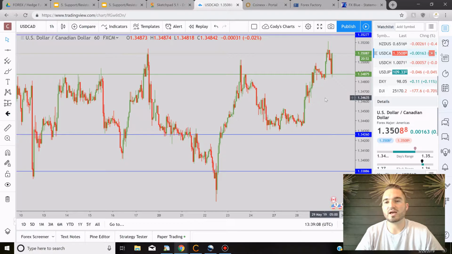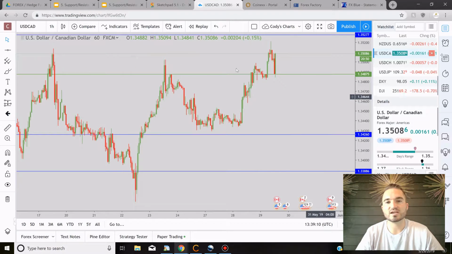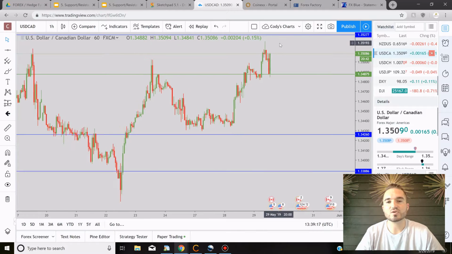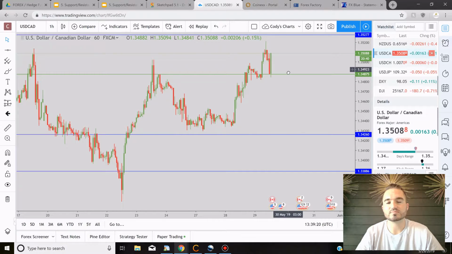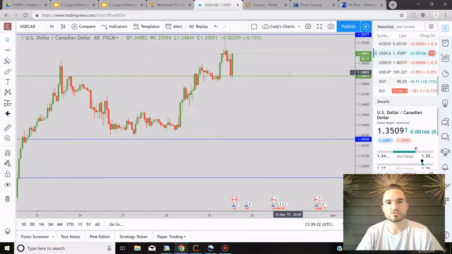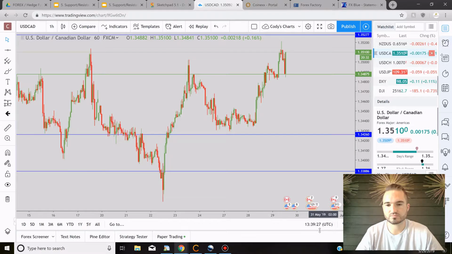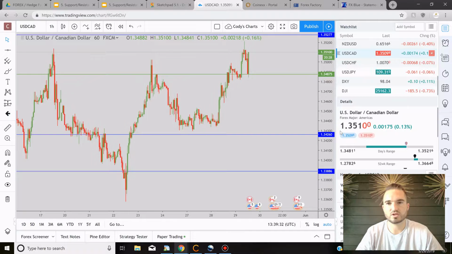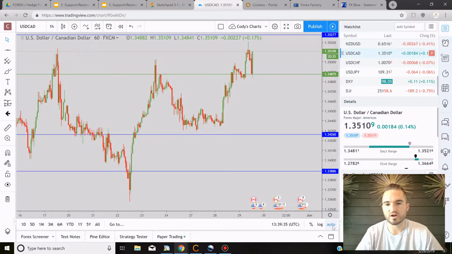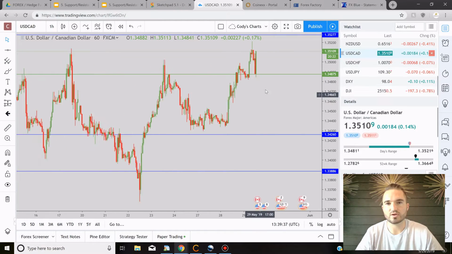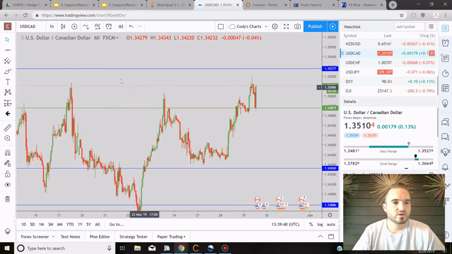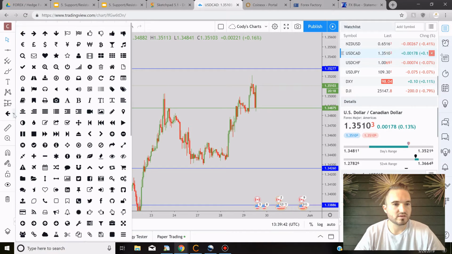So right now, it looks like it's in an upward trend, but this is such a big resistance line that it's had a hard time breaking this line. I'm going to wait and see if this goes through and breaks it, so let's see if I can zoom out. Another trick is right here. If you unclick auto, you can then zoom out and move it however you want. Okay, let's see if I can